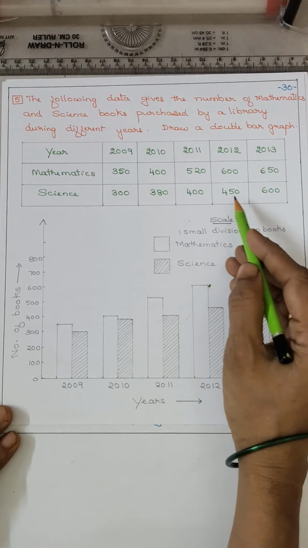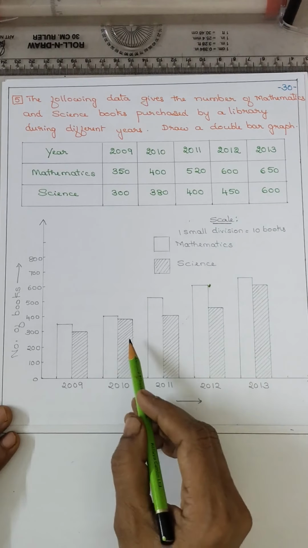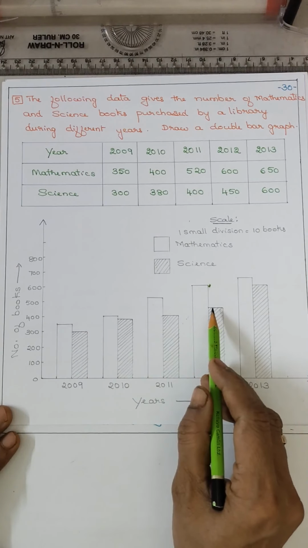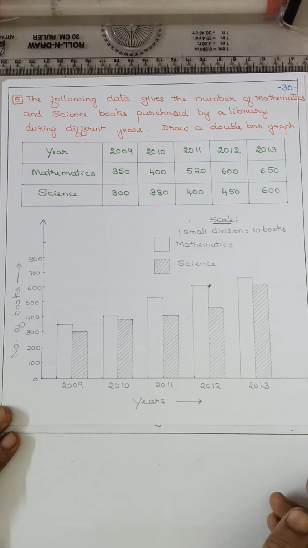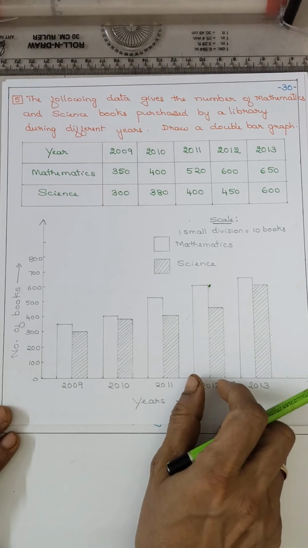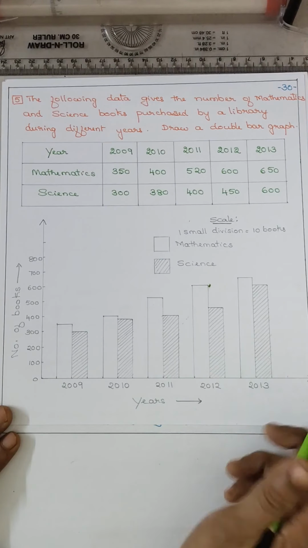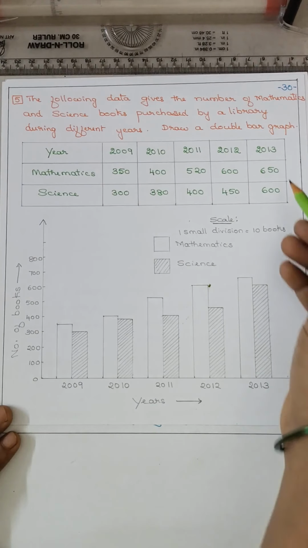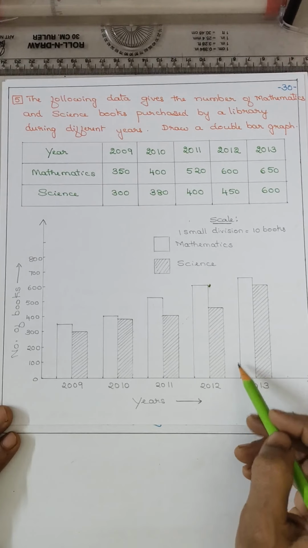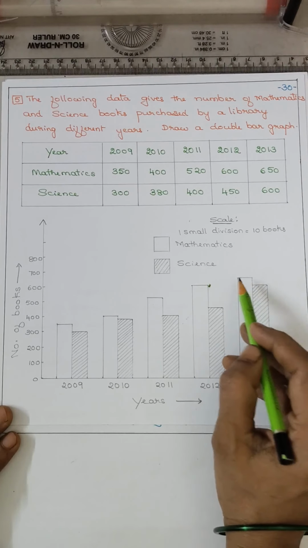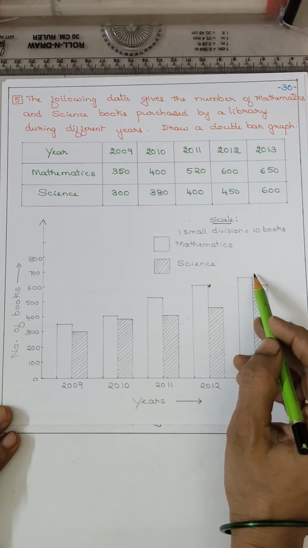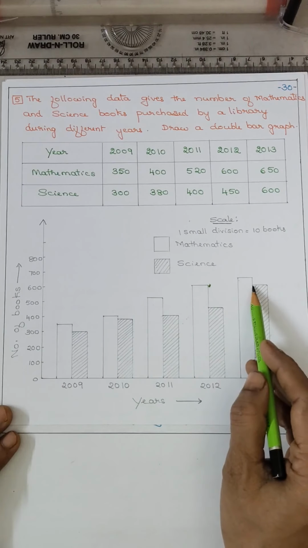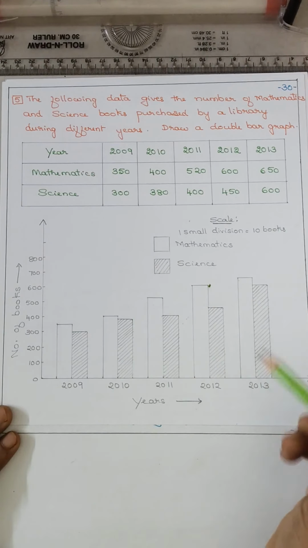Now for science, 450. So the small one between 400 and 50, okay, slightly darkened one. So from there, both of these have to touch each other, then gap. Write 2012 and then leave 1 centimeter gap. Again start for 2013. 650, between 600 and 700, the sleeping line, that is the horizontal line, then vertical line, and 600. So you have to see 600, then horizontal, then vertical, shade the second one.